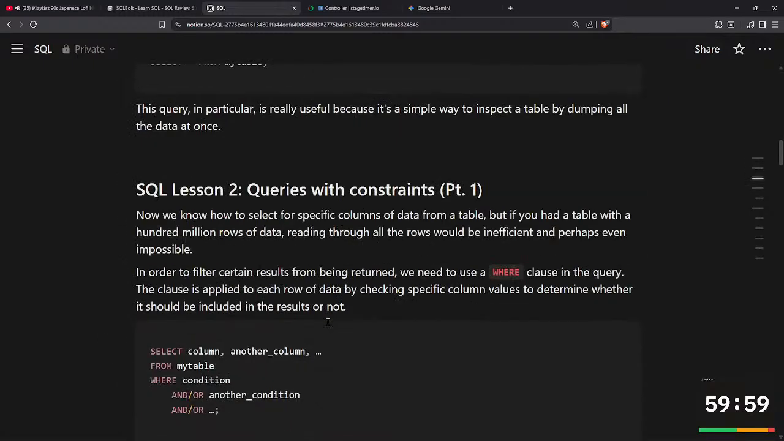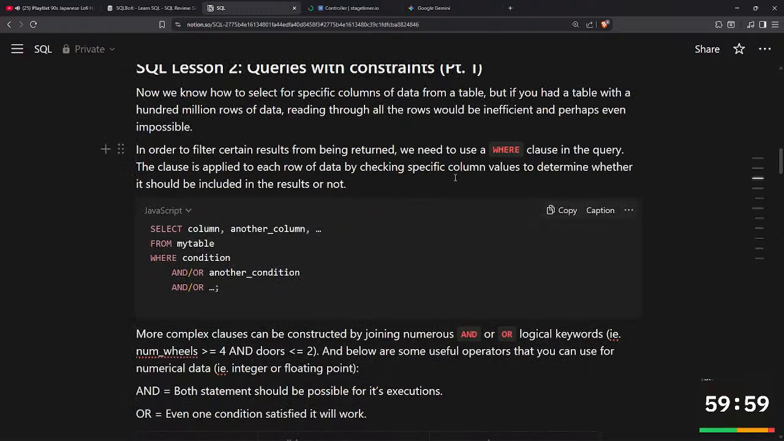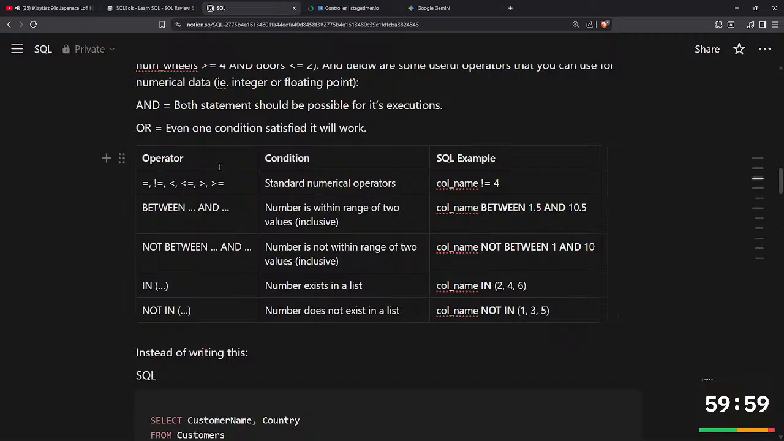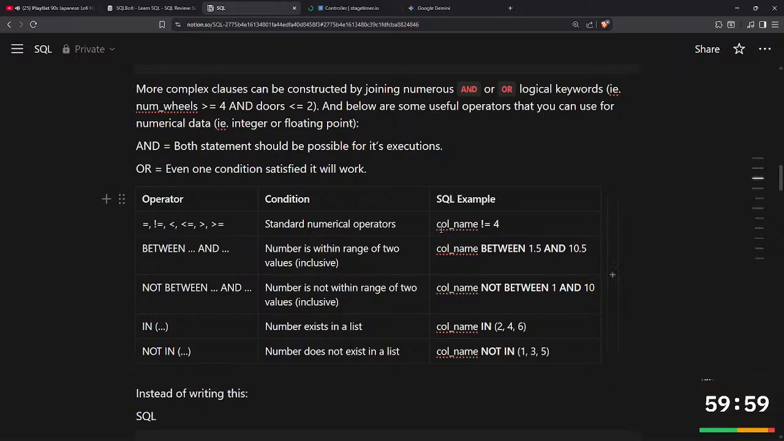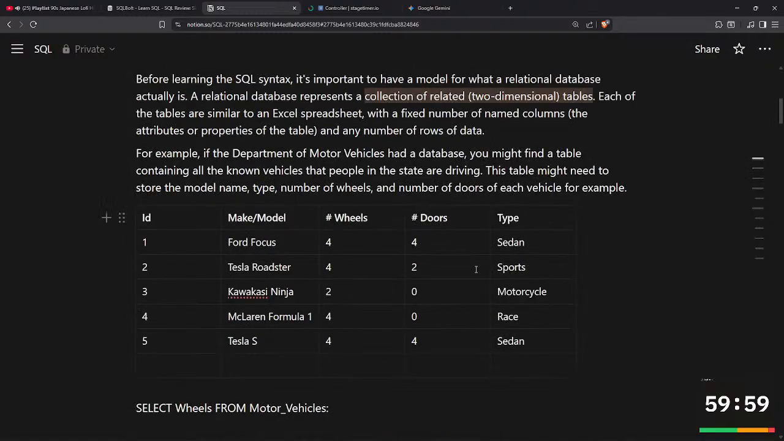And in lesson 2, we studied queries with constants. So we use the WHERE statement, which is used to apply conditions to filter the data, such that if we say where the column name is 4, it will only display rows where the column is 4. For example, in this table, if we want to see where the ID is 3, then we will simply